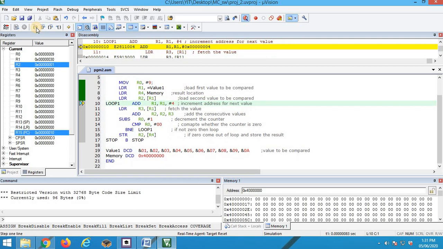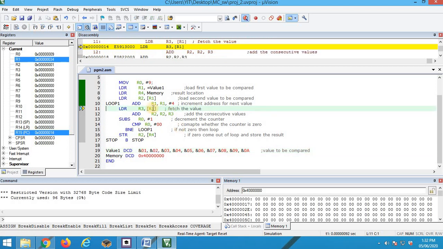Okay. Next what I am going to do is loop. So I do add R1 comma 4. That is, I am adding to R1. What is there in R1? The address of 0 1. So to R1 I am adding 4. That means the new value of R1 will be pointing to the location where 2 is stored. Okay, so I am incrementing the pointer so that it points to the next number.